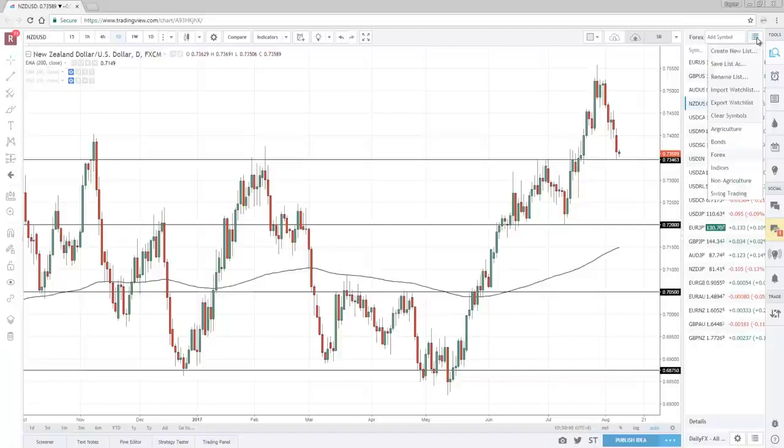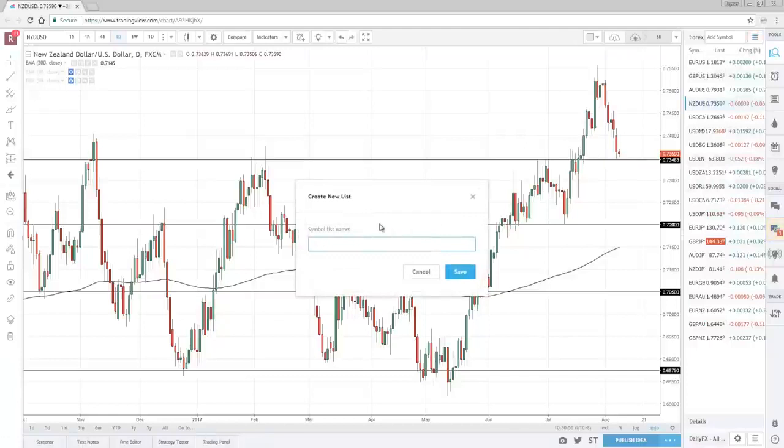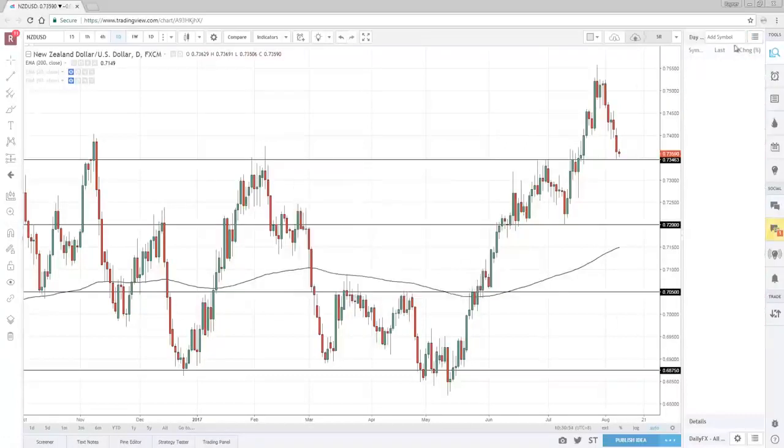So how you do it is you go to here. You can see that I have different watch lists: agriculture, bonds, forex, indices, non-agriculture, and even swing trading. Let's say I want to create a new watch list. Let's say I create a new list. I call this day trading. So let's say day trading, click save. Now I have a new